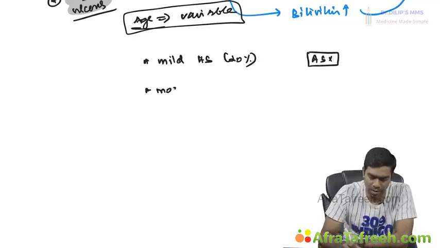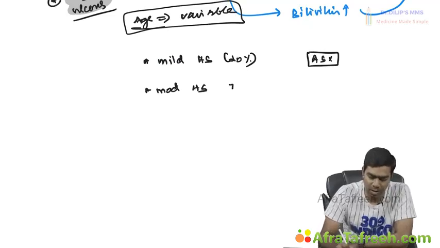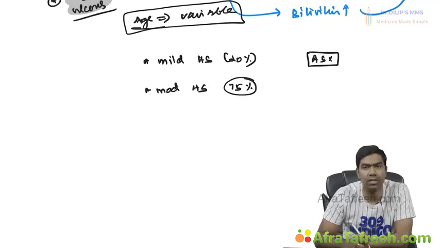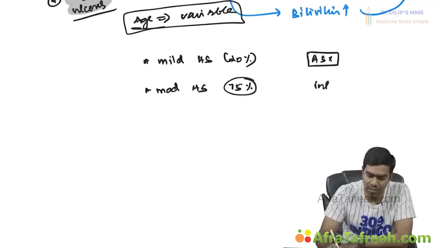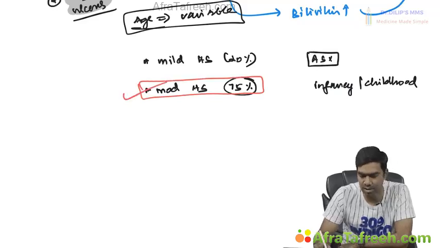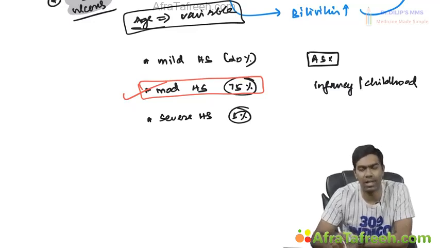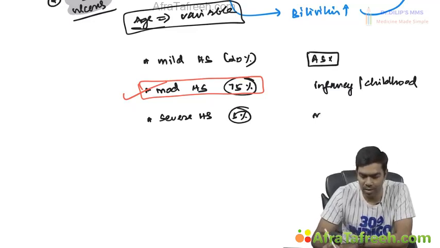Second, you have moderate hereditary spherocytosis, which is the case in almost 75% of the cases, where the patient will present in infancy and childhood. If you ask me which is the most common variety, obviously your answer must be moderate hereditary spherocytosis, as it is seen in almost 75% of the cases. Then the third one, severe hereditary spherocytosis, is very uncommon, only in 5% of the cases, where